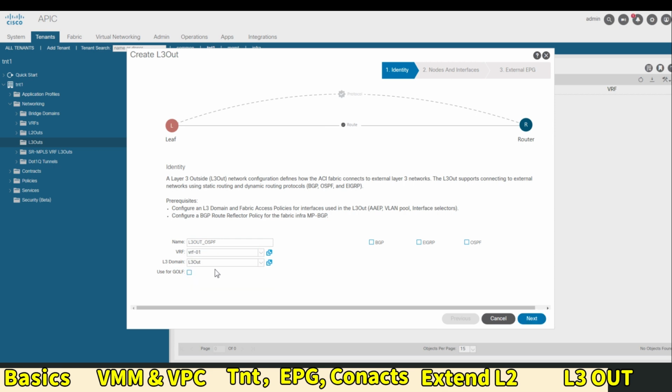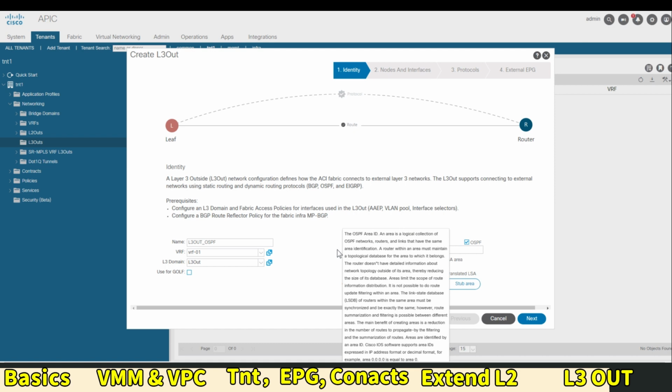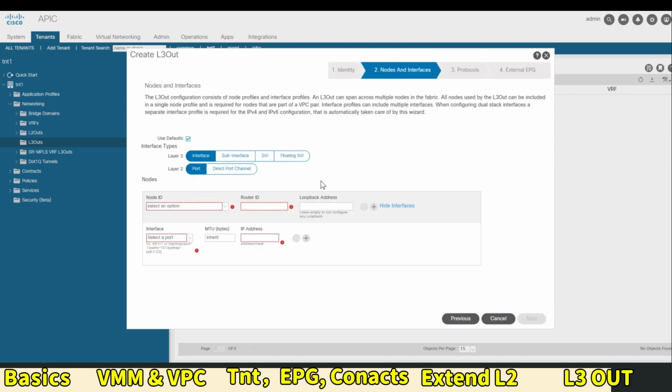L3 domain. Pick OSPF. OSPF, we'll make area 0. Go ahead, click next. We'll make a note,